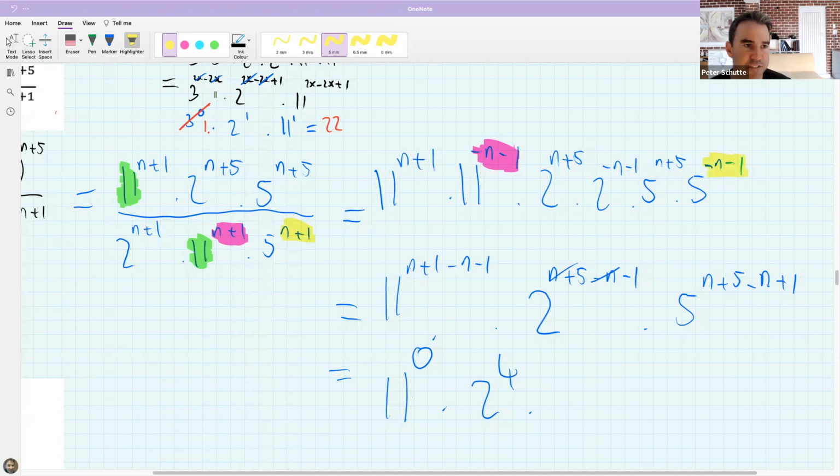And if that works out, let's reverse for a second. We get n plus 5 minus n minus 1, which then gives us